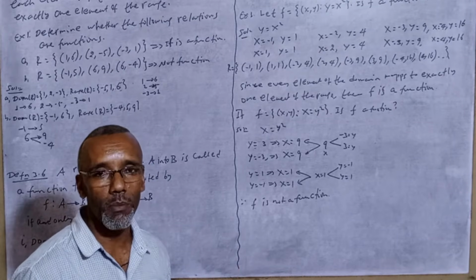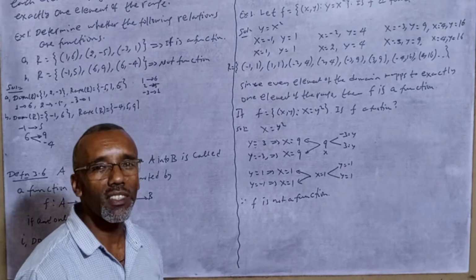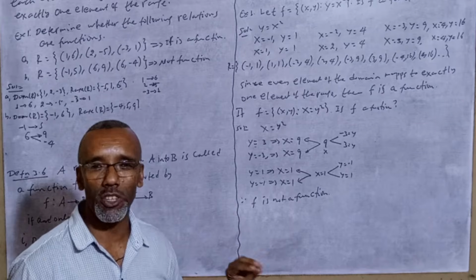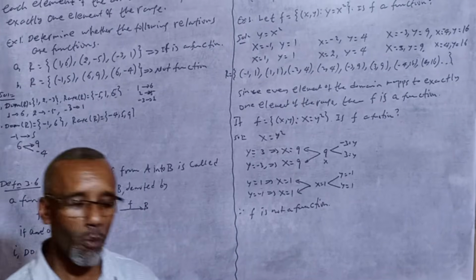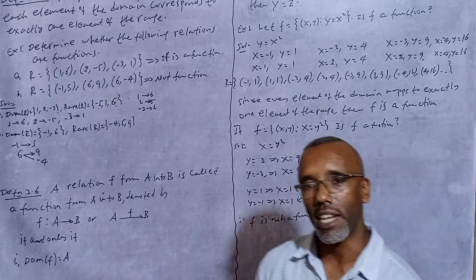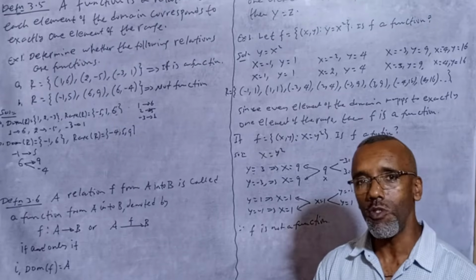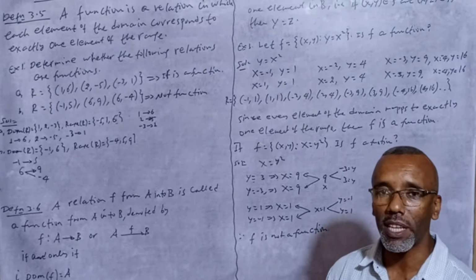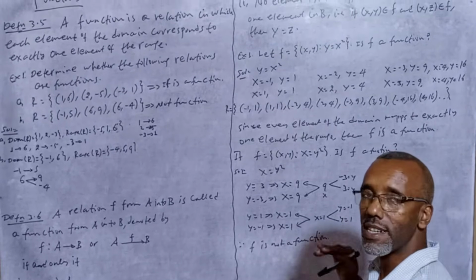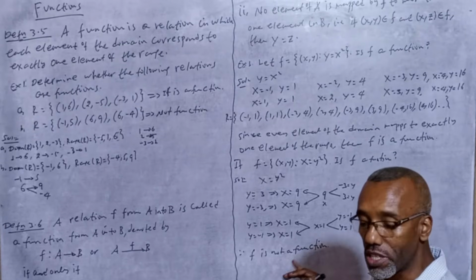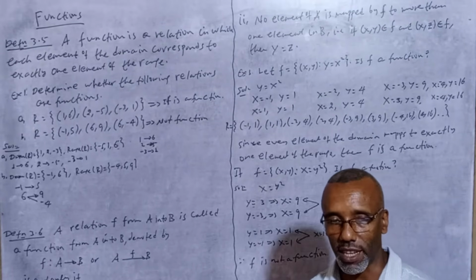ዶሜኑ exactly ከሬንጅ ጋር ማፕ የሚያደርግ ከሆነ this function the relation is said to be function መሆን ይችላል ማለት ነው። ሌሎች እንደዚህ እንትሮችን እንመለከታለን ፈንክሽን የማይሆኑባቸው ፈንክሽን መሆን የማይችሉባቸውን አጋጣሚዎች እንመለከታለን ማለት ነው because ፈንክሽን ለመሆን ዶሜኑን ማድረግ አለበት ኮረስፖንድ ማድረግ ያለበት ከእያንዳንዱ ሬንጅ ጋር ስለሆነ ማለት ነው። ያንን እንመለከታለን ማለት ነው